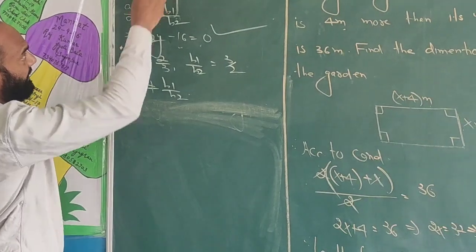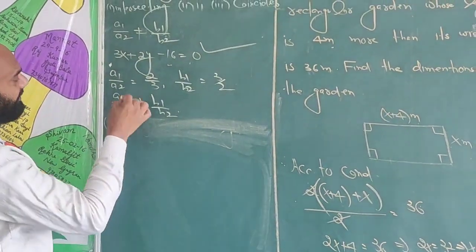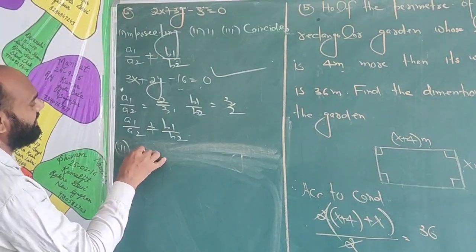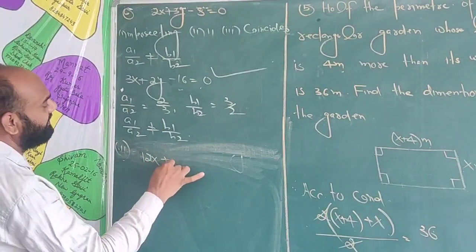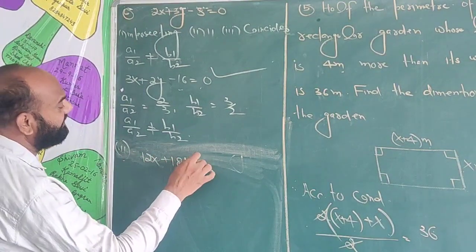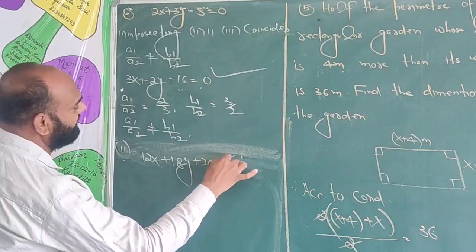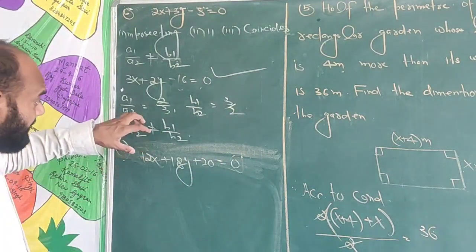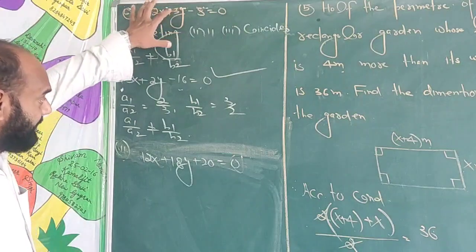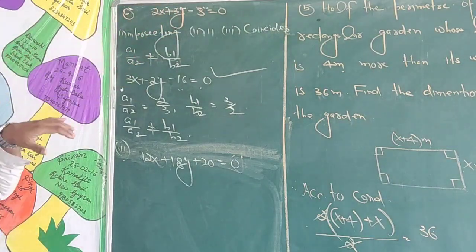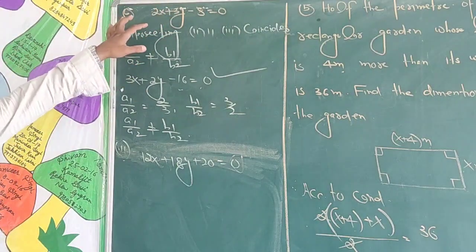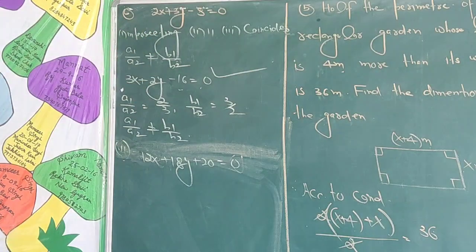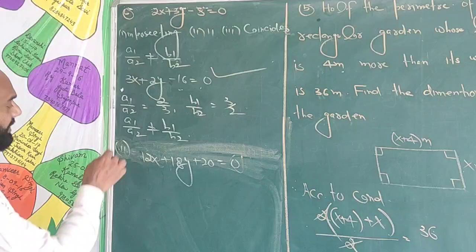So first two terms are equal and thirds are not equal. So we multiply by any number, like we multiply by 6, so this is 12x plus 18y plus 20 equal to 0. We multiply any number only to the first two terms, because we write that equation which is parallel to this line, and in the condition of parallel we know first two ratios are equal and third ratio is not equal.